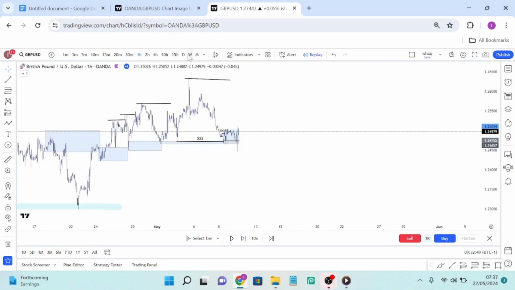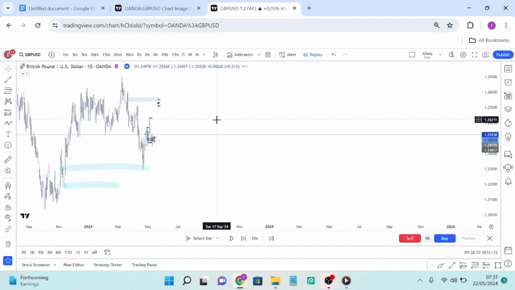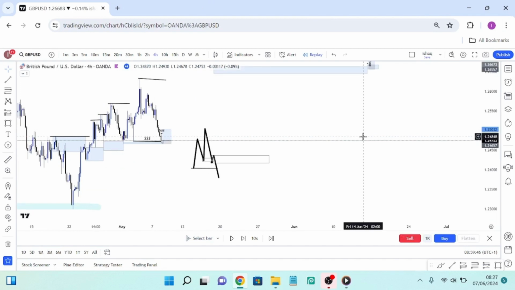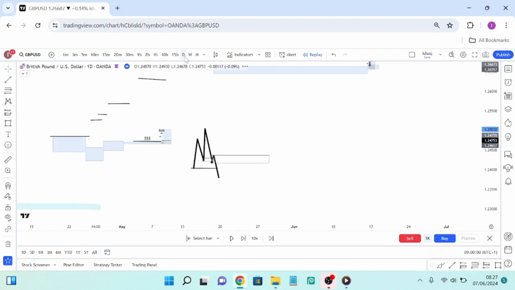As we do every time, we hope you guys now understand what Asian liquidity is, how to use it, and why the market looks to target it. Now we're going to get into the breakdown of how I use this as confluence for my trades.